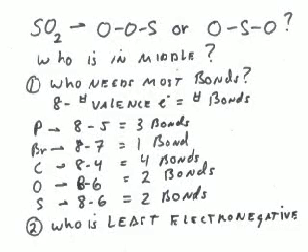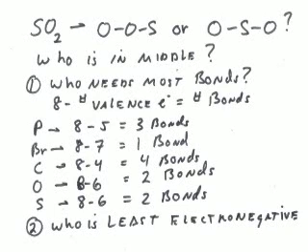So welcome. This is the third of the video lectures on Lewis dots and chemical bonding that we're going to be looking at. And now we're going to take up cases where the molecules are a little more complicated. One of the compounds you can make when you combine sulfur and oxygen is sulfur dioxide. And in this case, it contains one sulfur and two oxygen atoms, which makes it a question: who's going to